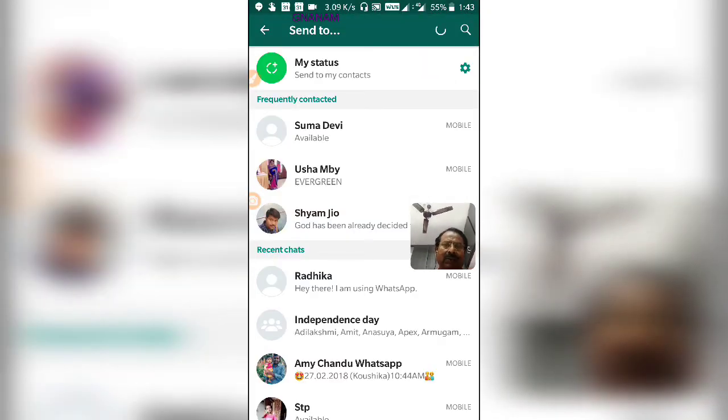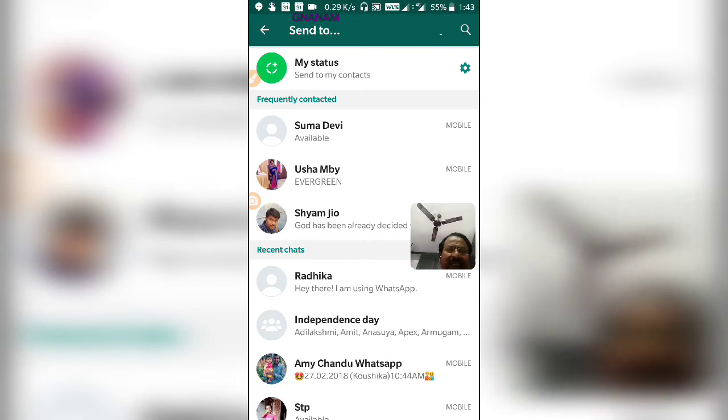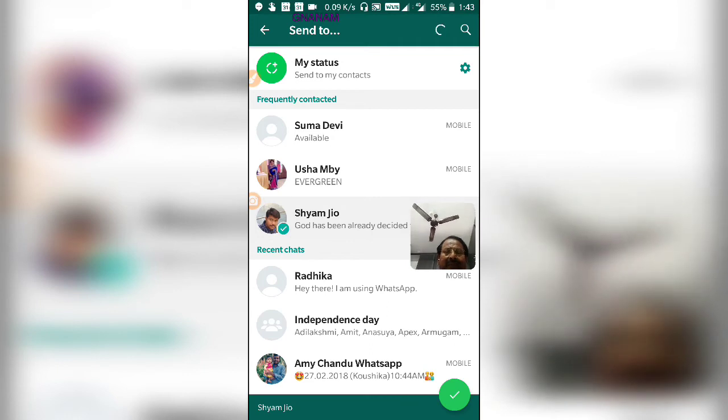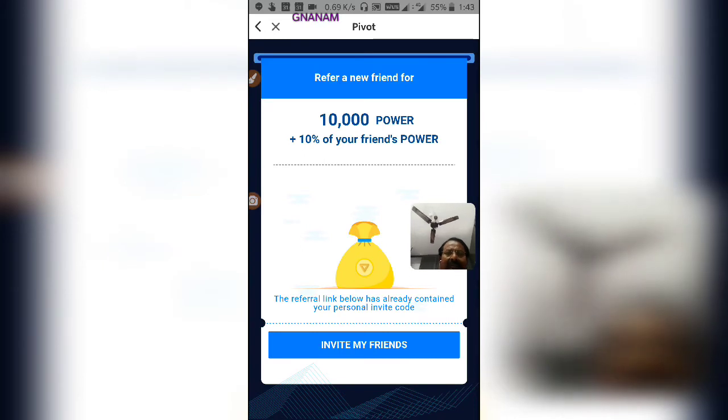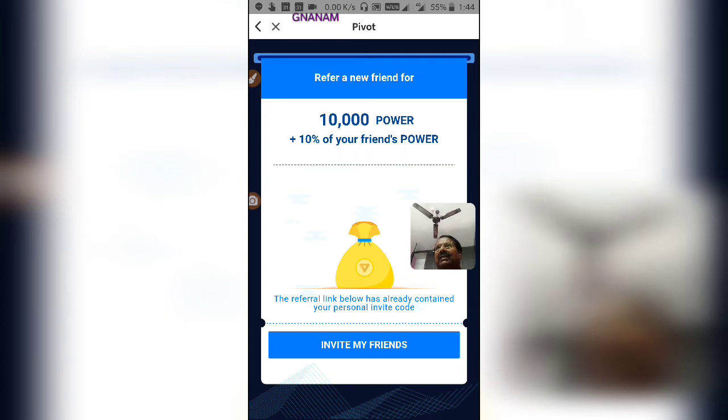See, here so many people are there. To whomsoever you want to send this link, you can click here, and if I say send, it will go to them. I have already done this one, so I will cancel this. Like this, if you invite a person, that person will get a link from you. If he clicks that link and installs this Pivot app through your link, then you will get 10,000 points.